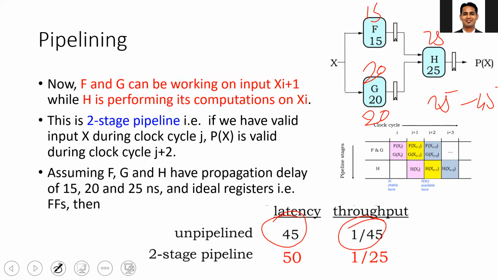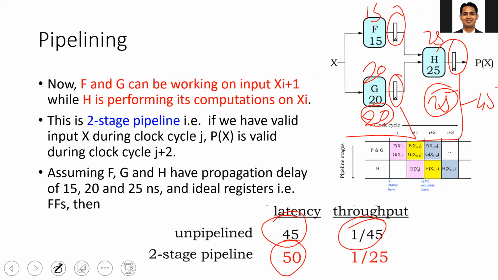So in this case, here maximum of them is 20 and here is 25. But since all the flip-flops will be operated by the same clock, you need to use the clock period of 25. Both the clock period will be 25. So that's why your total latency will be 50, but your throughput will be 1 by 25 because you will be providing the new output at every clock, which is the 25. So that is the difference between the unpipelined version and the two-stage pipelining.